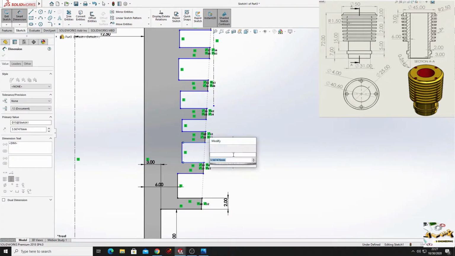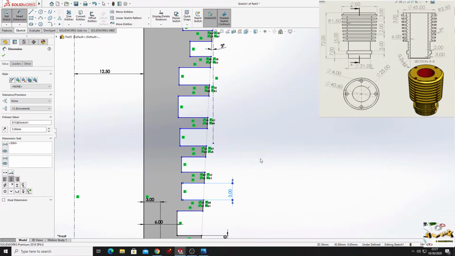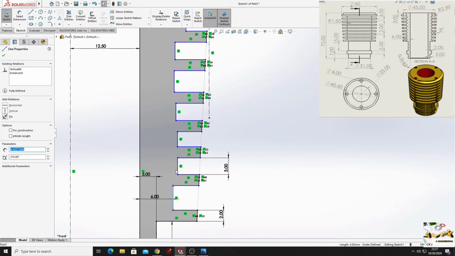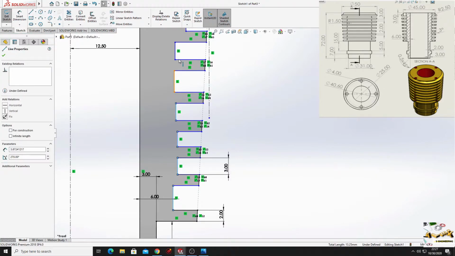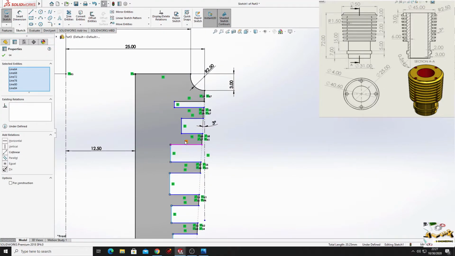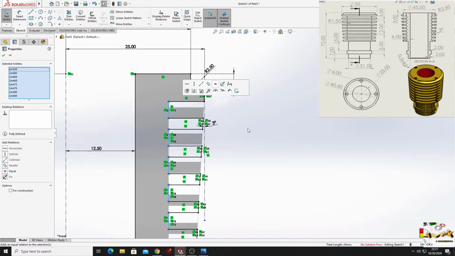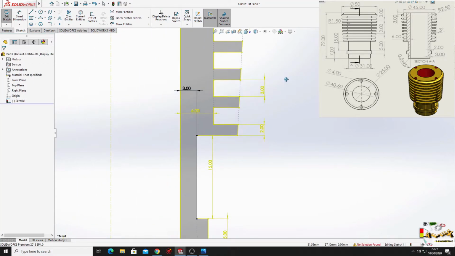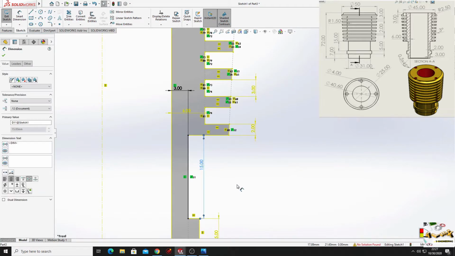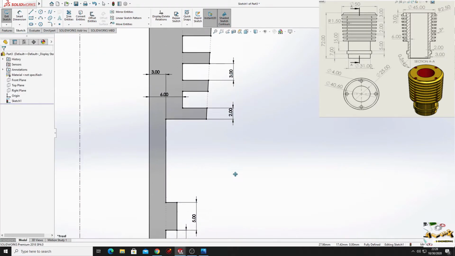This line here will have 3 millimeters. Now select all of these other lines and make them equal and collinear. Okay, we will see what's wrong. Let's delete this. Okay, this is good.